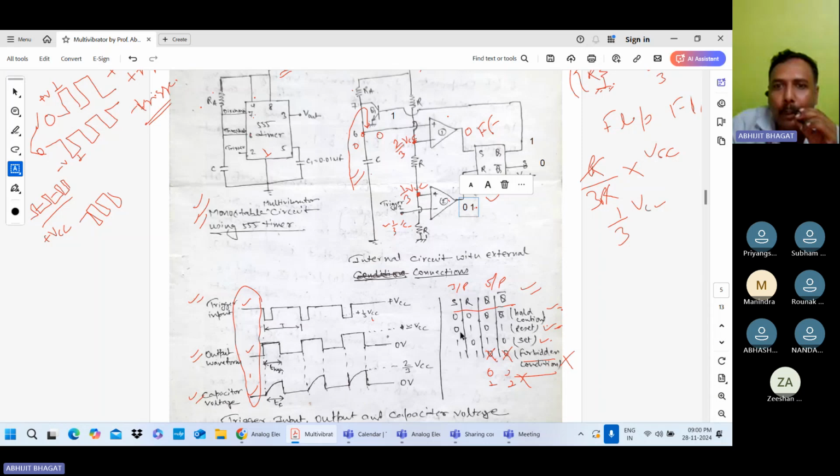जैसे ही देखो ये 0 और ये 1 हुआ, योर Q विल बी 0, S इज 0, R इज 1। जैसे ये R का वैल्यू 1 हुआ, क्या होगा? आउटपुट चेंज हो जाएगा। योर Q विल बी 0, माने अब ये Q जो है वो 0 हो जाएगा, और ये जो Q बार जो है ये 1 हो जाएगा। क्लियर? जैसे ही R 1 हो गया, व्हेन यू प्रोवाइड द ट्रिगर वोल्टेज, योर R विल बी 1, तो Q विल बी 0 एंड Q बार विल बी 1। चेंज हो गया।